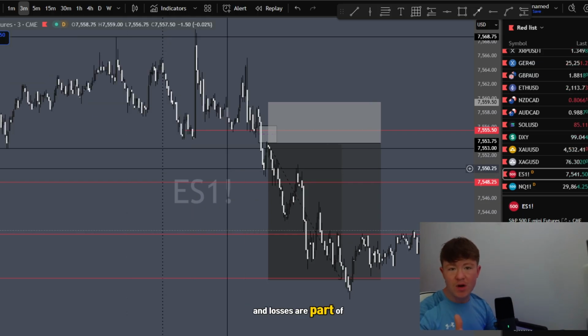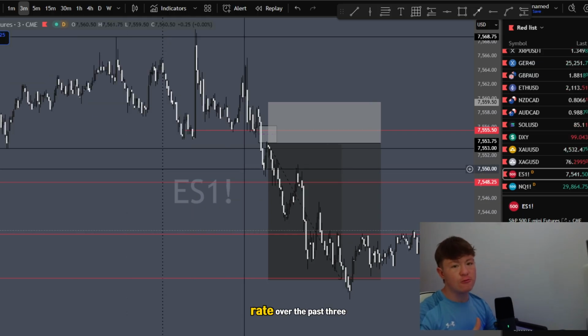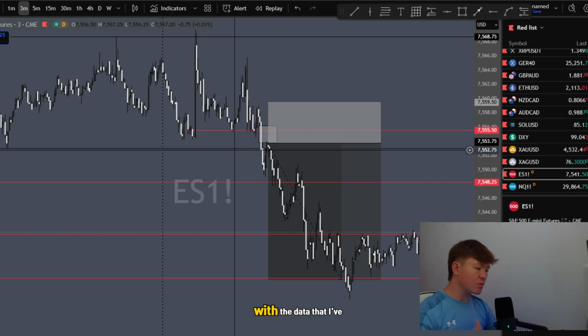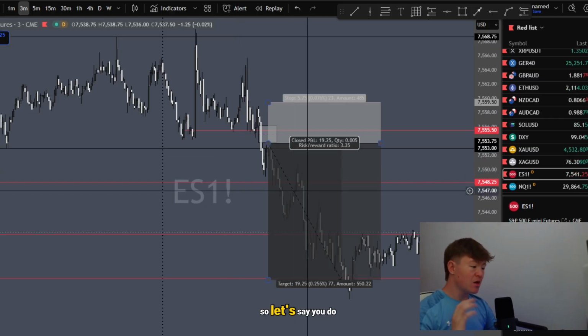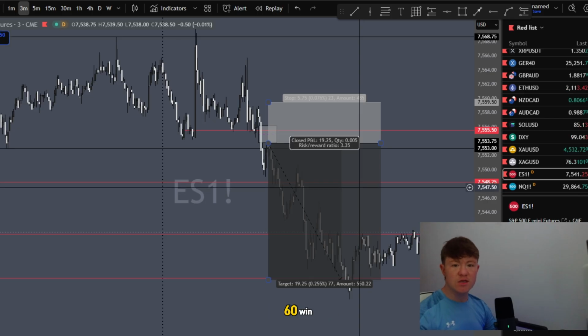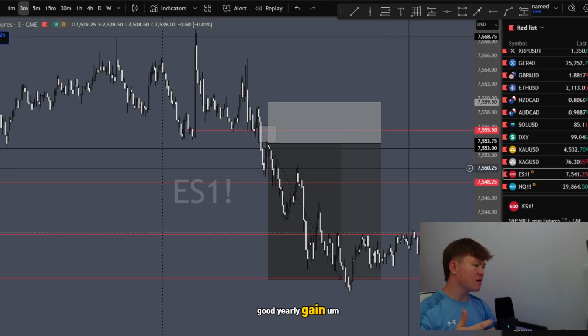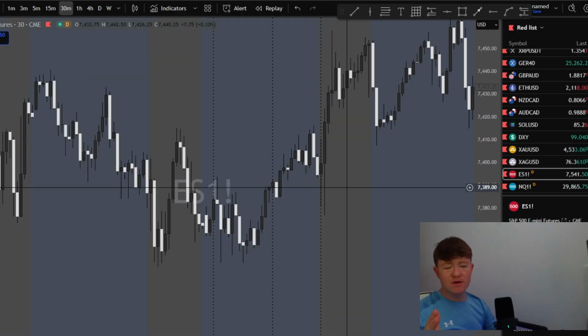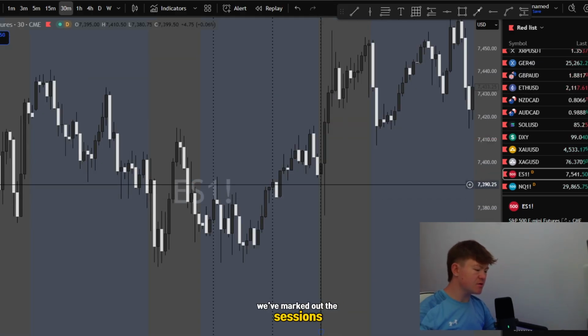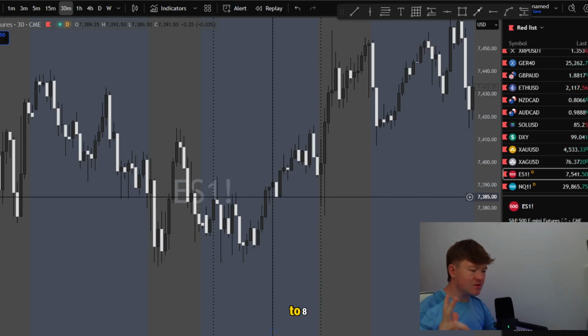And losses are part of trading, so this is a 60% win rate over the past 3 years with the data that I've collected. So let's say you do 100 trades in a year, 60 win, 40 lose, you keep the profit in the middle, it's a good yearly gain. So yeah. Right, so again, we've marked out the sessions 2:30 all the way back to 8, which is the